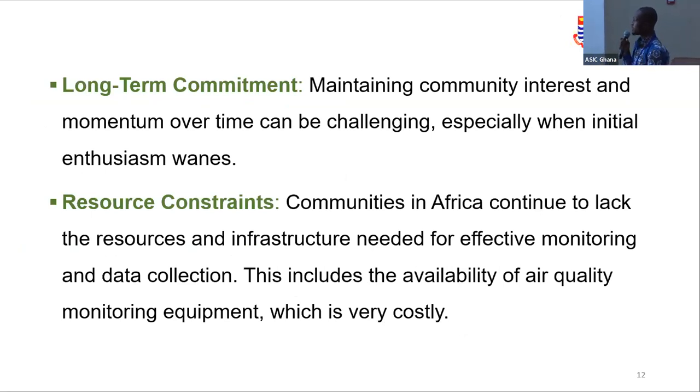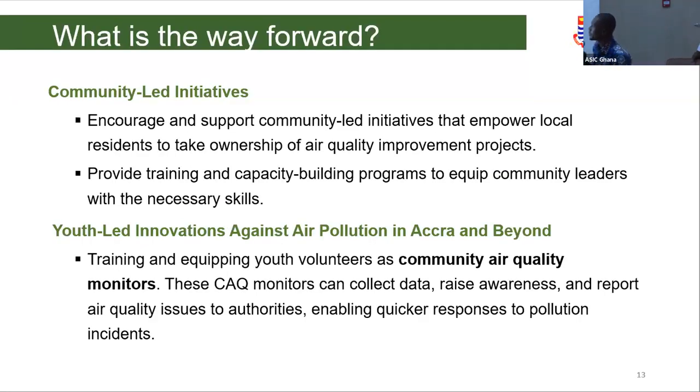We've mentioned the cost of maintaining the local sensors, especially with the licenses or the subscriptions. At the end of the year, you have to pay a subscription to continue getting the data from these local sensor developers. Okay, so the way forward is we want to adopt a community-led initiative where we encourage support